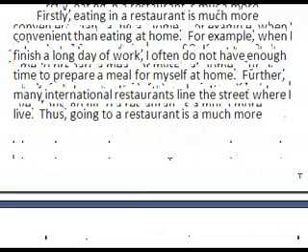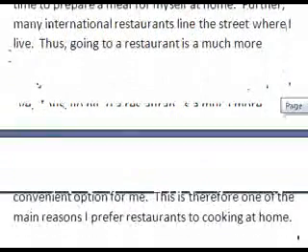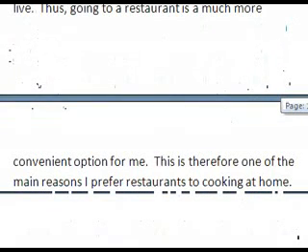So if we read supporting paragraph 1 together from the beginning: firstly, eating in a restaurant is much more convenient than eating at home. For example, when I finish a long day of work, I often do not have time to prepare a meal